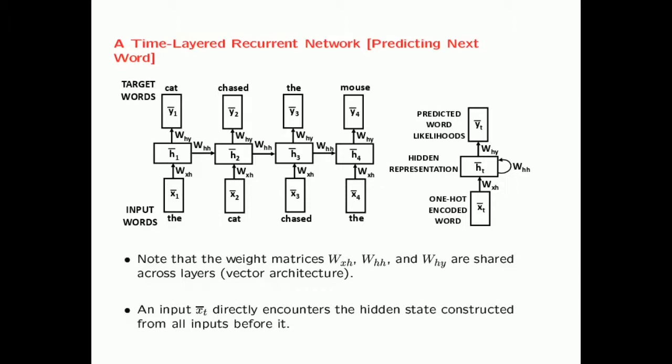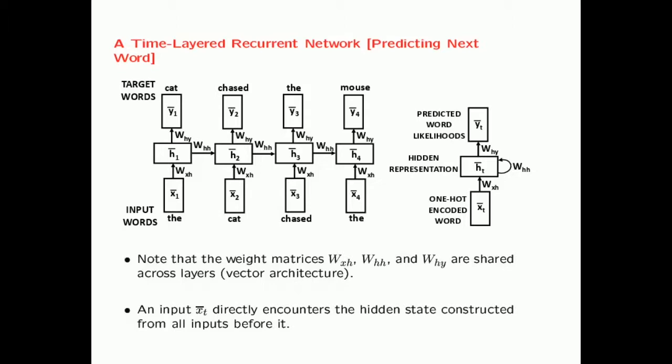Now here I have not shown that typically you'll also have some inputs for the start token and the end token. I have omitted them here, but we'll discuss that a little bit later. So here you have an input state x1, which corresponds to the one hot encoding of the first word, and similarly x2 corresponds to the one hot encoding of the second word, and that feeds into a hidden state. So the x1 feeds into the first hidden state,